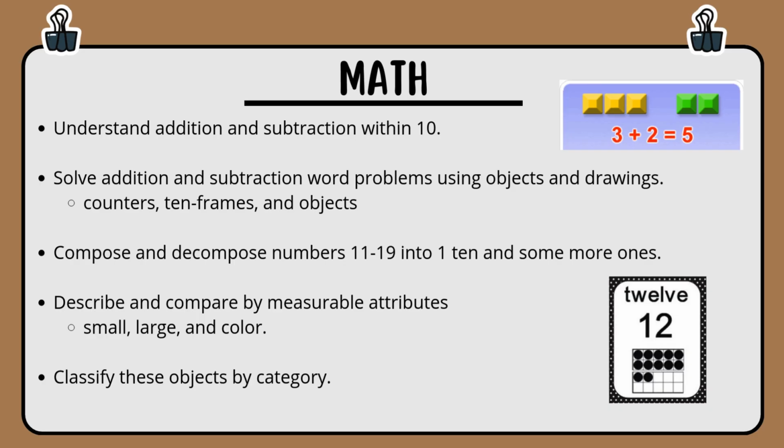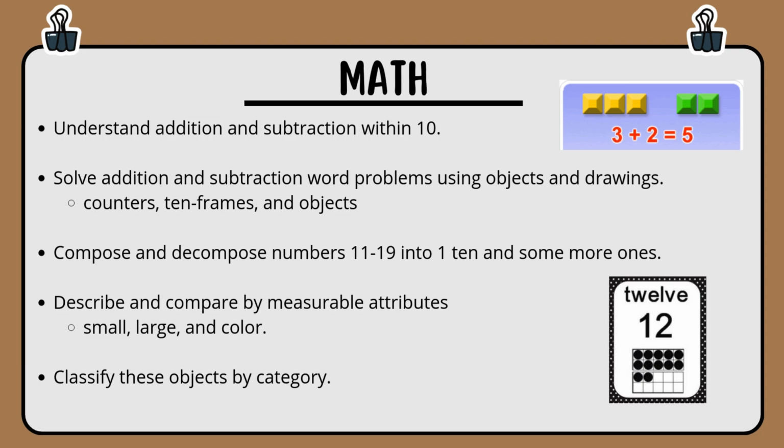If we have two full 10 frames and we're trying to get more advanced to the number 22, we would have two full 10 frames, and by then we will be able to count by tens. We can count 10, 20, and then two more ones to equal 22. We will also